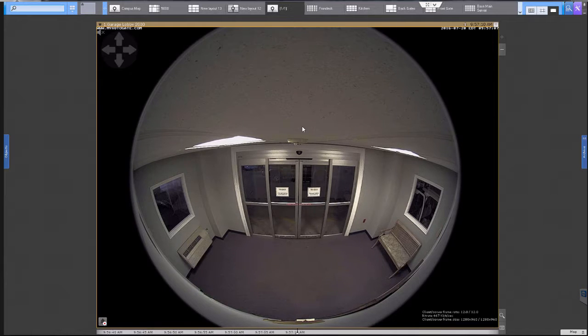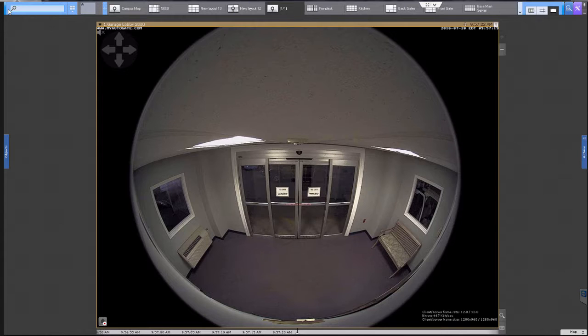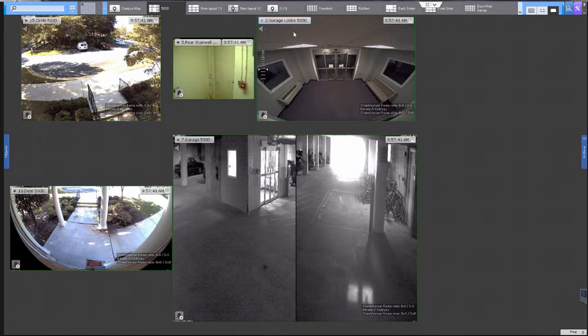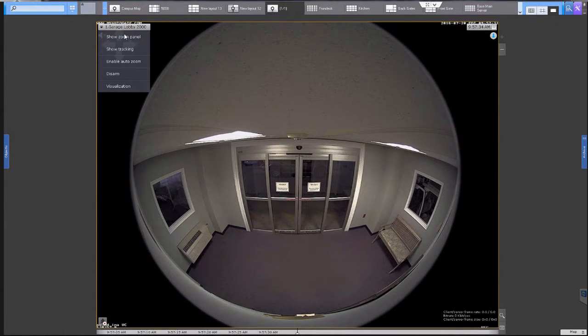So as a new user, I recommend keeping this setting on for allowing controls on top of the video image, and it just gives you a little bit more functionality, and it's easier to notice that those are part of your feature there. Now here on this camera, I'm not going to get into too many of these features, but